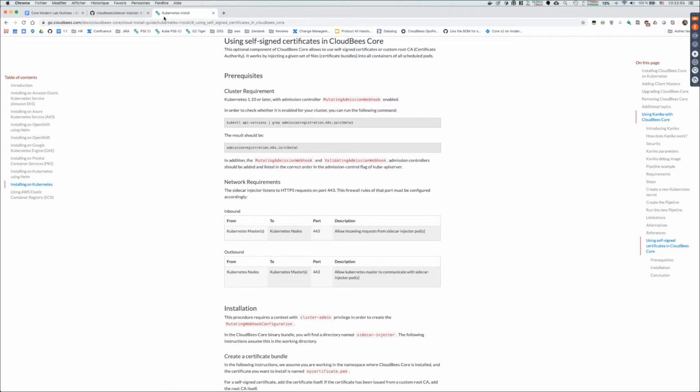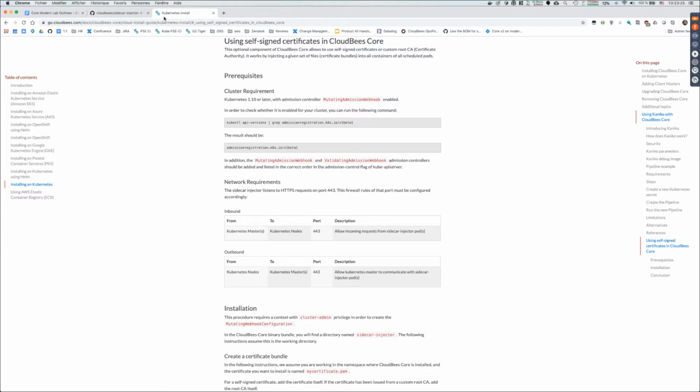The idea in general is to use a volume that we mount in the different containers that are running as part of CloudBees CI. This will be mostly operations center, controllers, and agents. For each of these containers, we use a volume where we mount a certificate bundle that is provided by the customer.